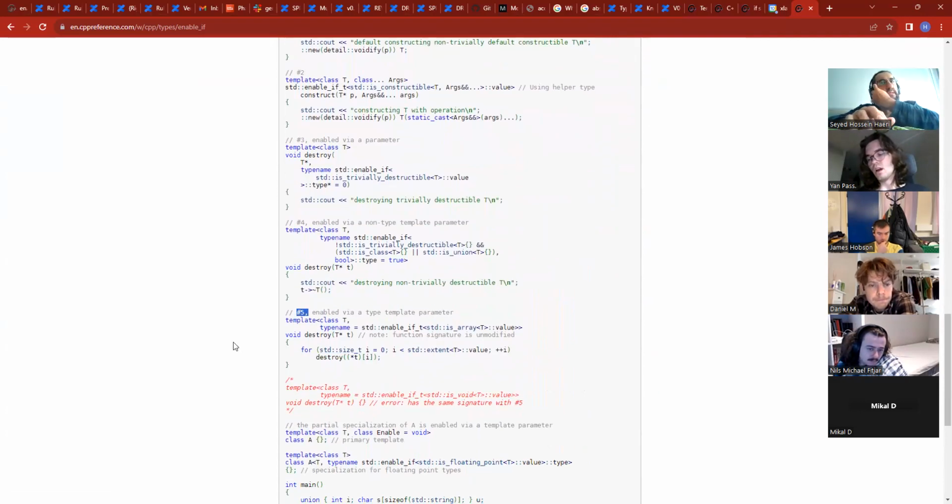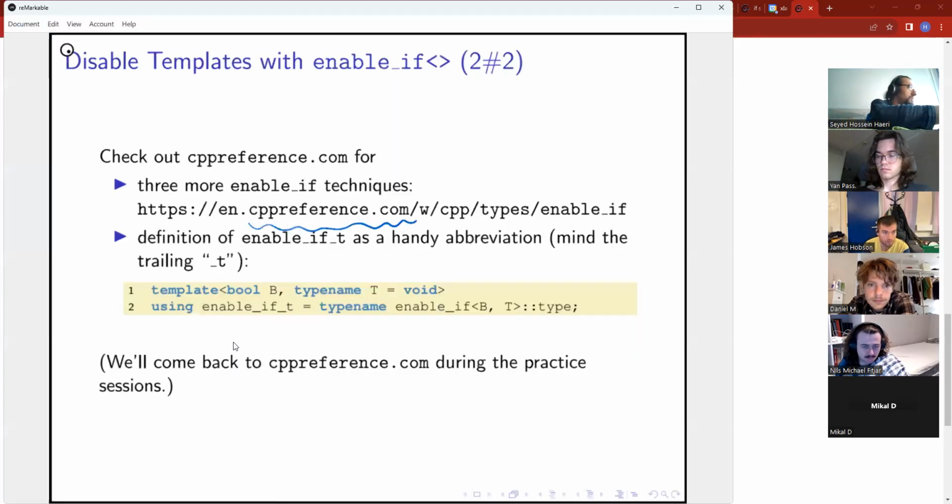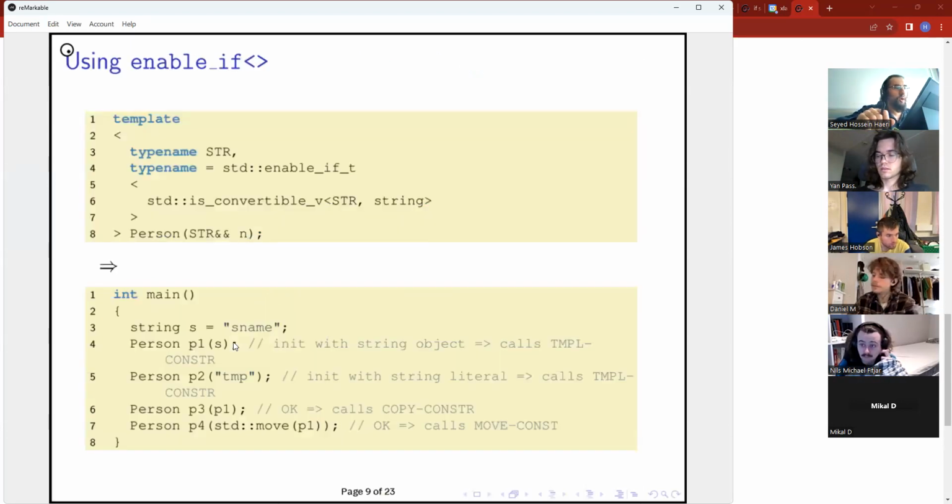There are different trade-offs about which technique you want to use, but I'm only showing this to you so that you know that there are immediate things that you can learn which are not in the book, and I'm not teaching you, but cppreference can be useful for. Okay. Now, you don't need to understand the techniques now, by the way. Neither do you need to understand them for the remainder of this module, just for future reference.